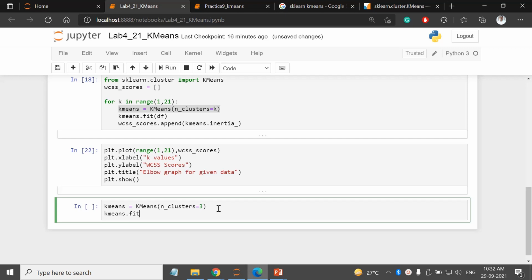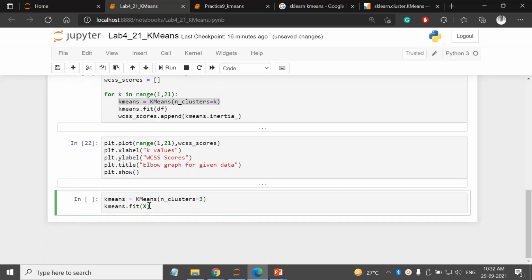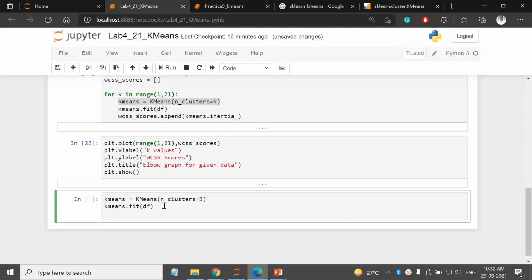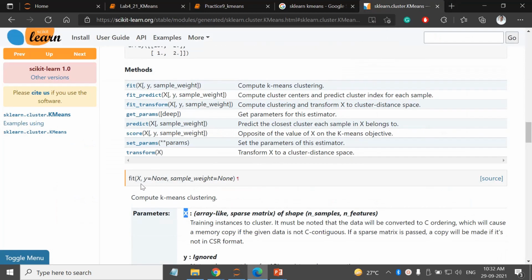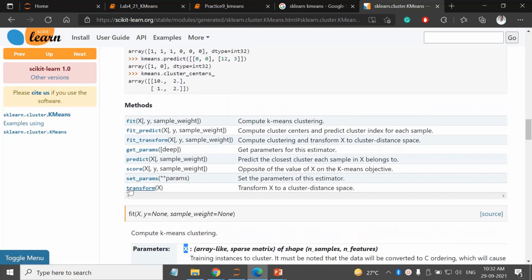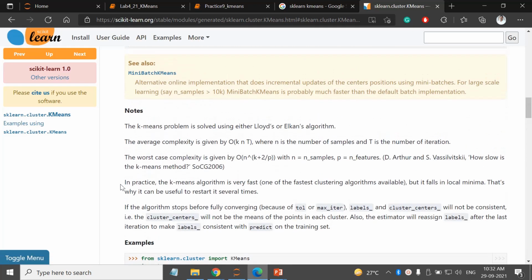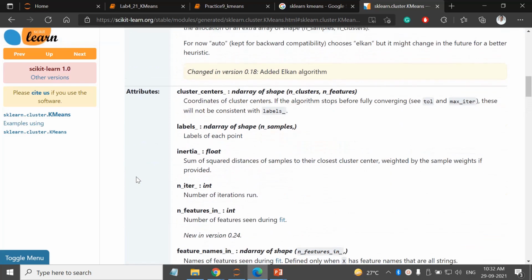For that object give the data, which is present in x, right, sorry, not in x, we created a data frame. Okay, and on that object I can fit. Then I can get the labels.